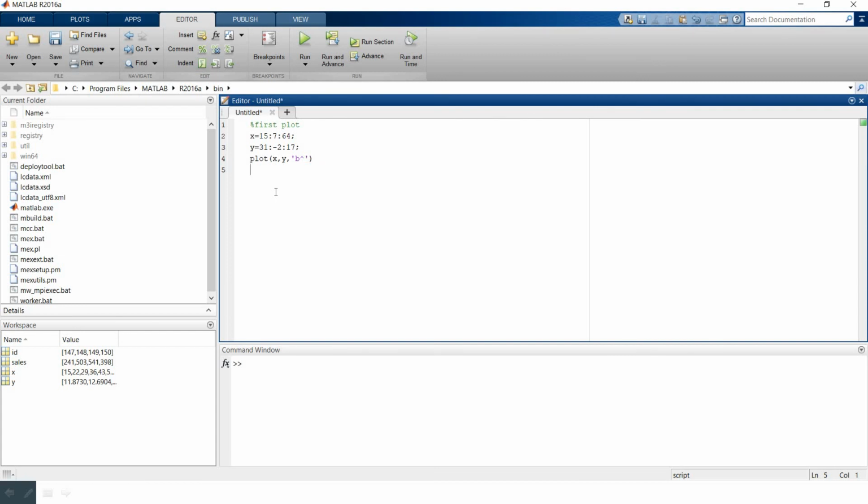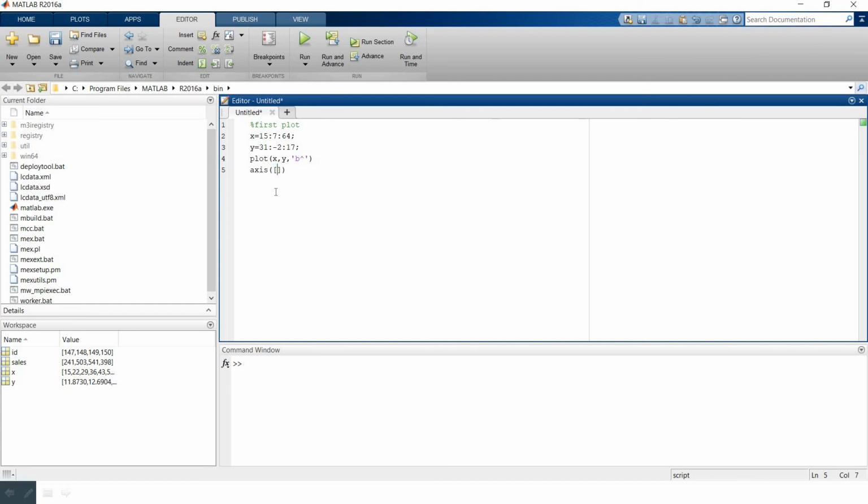So now we have two axes, a horizontal axis and a vertical axis, which will be created after this command. Okay, so we need to specify the limits. If we need to specify what will be the limits of the horizontal axis and what will be the limits of the vertical axis, then we use the command axis followed by the two vectors.